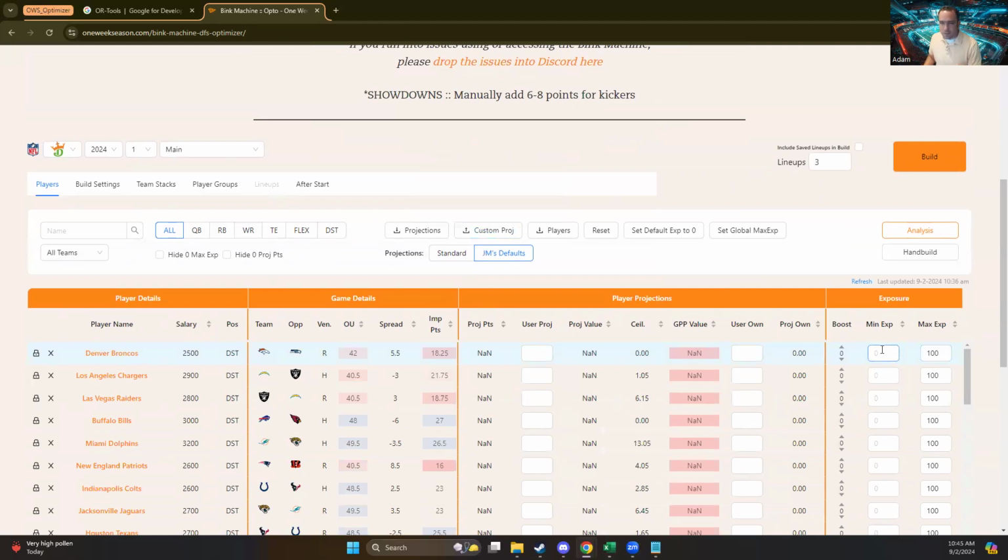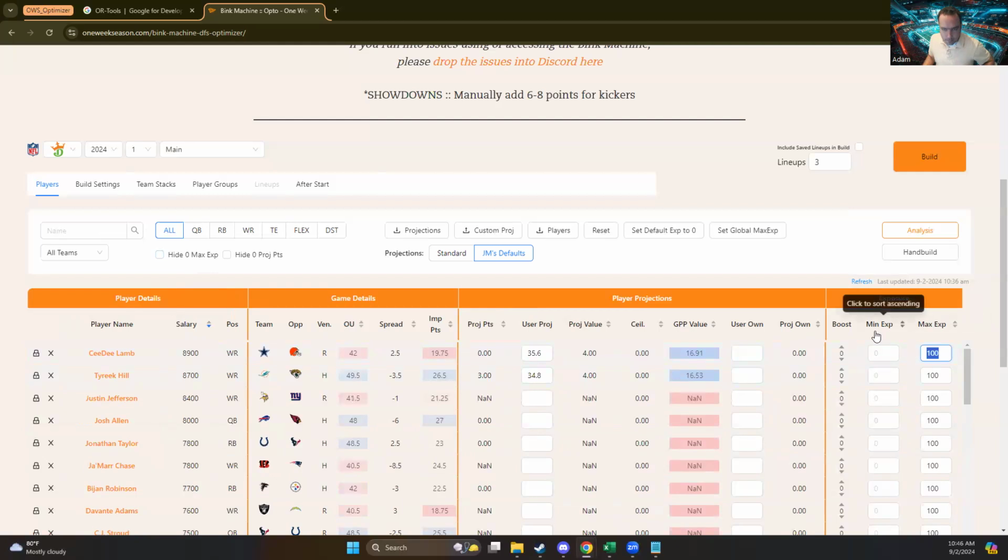The fundamental, and I cannot stress this enough, is you can control exposure. Most optimizers have a maximum exposure. I'll go back to CD Lamb. Let's say I want to play CD Lamb, but I don't want him in 100% of my lineups, so I might set my maximum exposure to 30%. I don't want more than 30% CD Lamb.